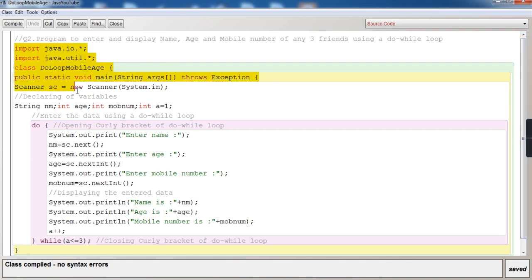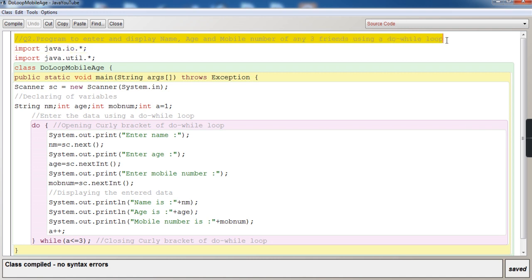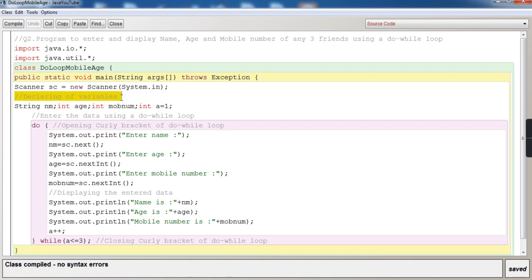First of all, the common lines are common. You have to write these common lines during the exam. Next one is documentation. You can see the slanting lines over here. These are called documentation, and please remember to write the documentation in the beginning of the program, a short one-line comment, because documentation also carries marks in your ICSE exam.